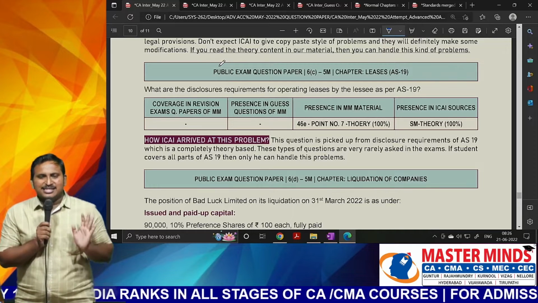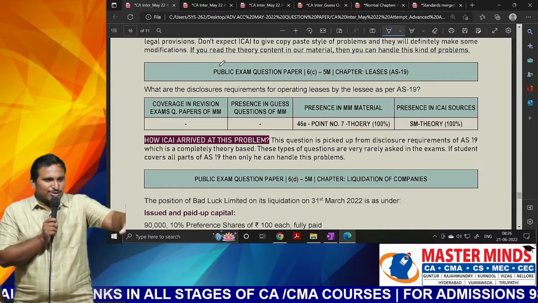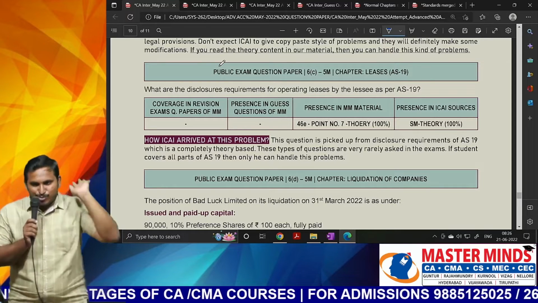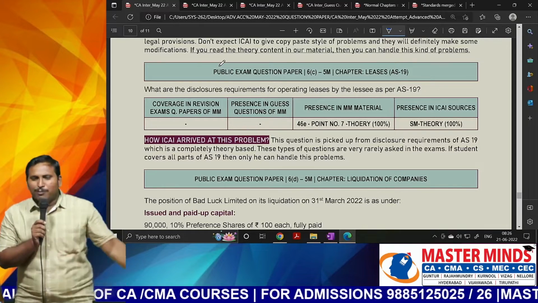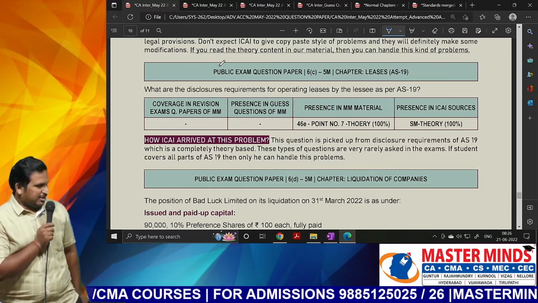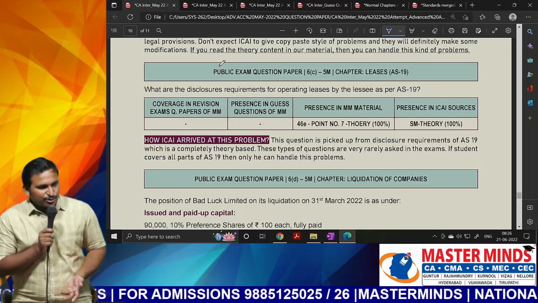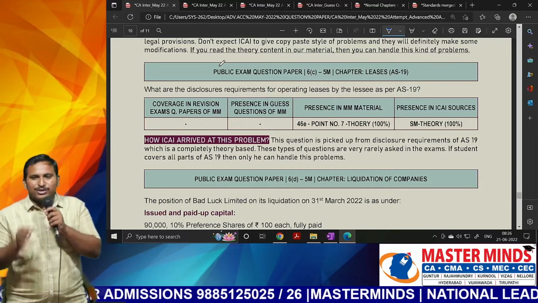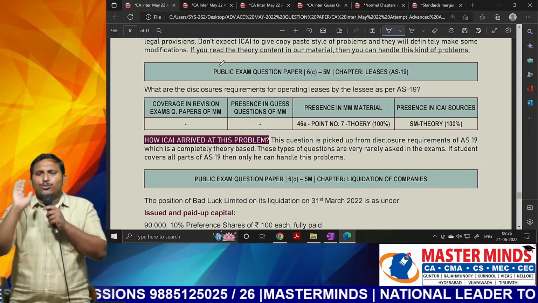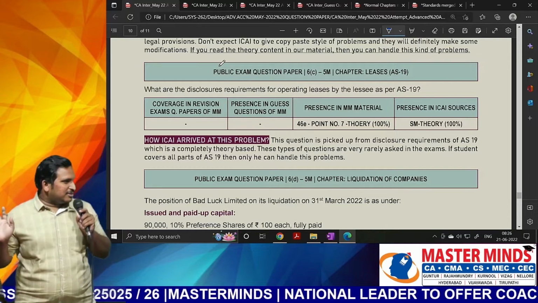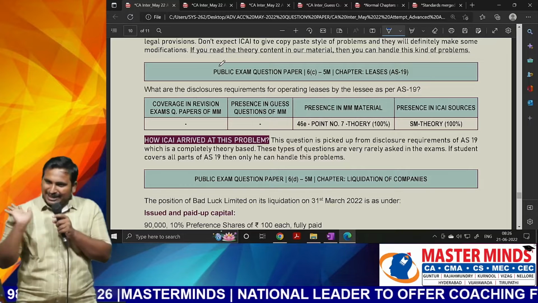Here their intention is very simple. We are giving 5 questions, no. We are giving internal choice, no. They don't want to give you internal choice, that is their intention. Because this question nobody can answer, sir. I can say definitely not so easy. Who will prepare disclosure requirements, sir? Theoretically writing that, nobody can do it. Their intention is very clear. They don't want to give an internal choice there. They want to make you write all the other questions. Is that clear, sir? That is their clear intention.